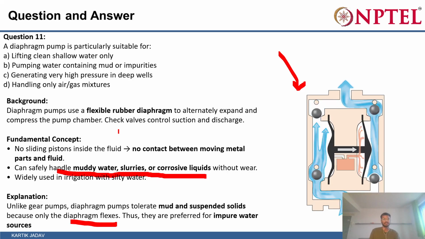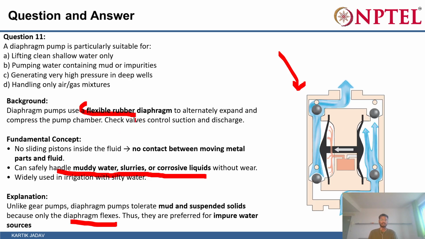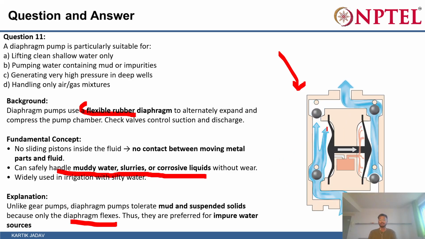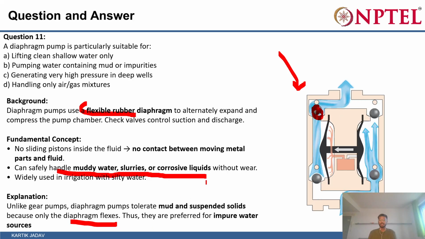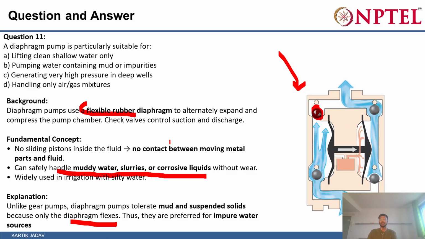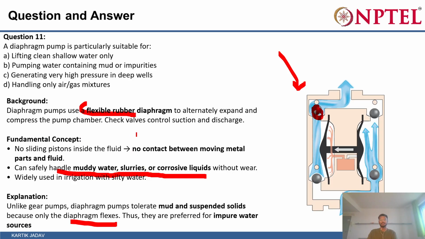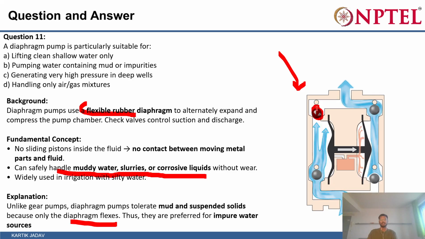And why is it like that? So it uses a flexible rubber diaphragm, right? So this is the rubber diaphragm, all kinds of structures. So it does not cause wear and tear, and it has a different mechanism, alternately expanding and compressing the pump chamber. You can see like this, right? So this rubber diaphragm is moving,